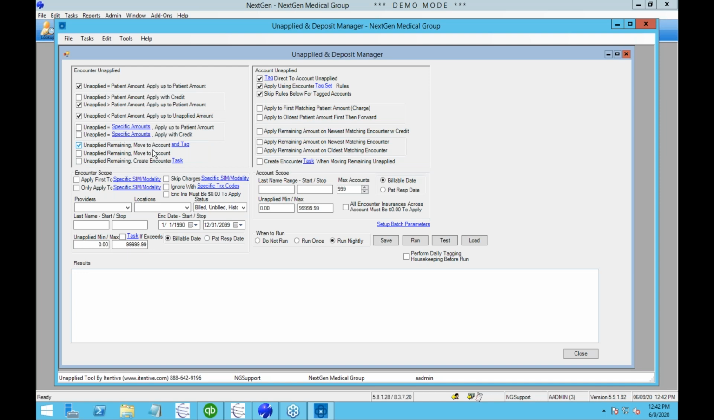But we have this ability to move money to the account and tag it. And this is the deposit component of the Unapplied and Deposit Manager. This is the piece where it'll look at the transaction code that was used to post the money and save it for a future service or charge that's being provided. All right, and there's a mapping of these that you can set up